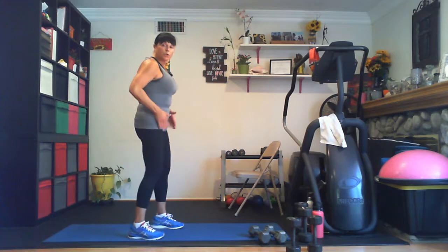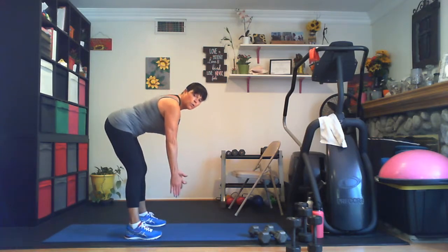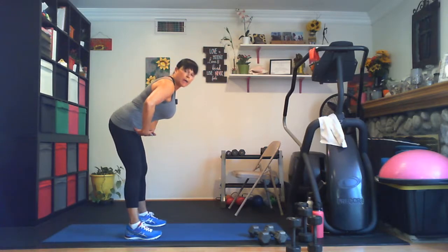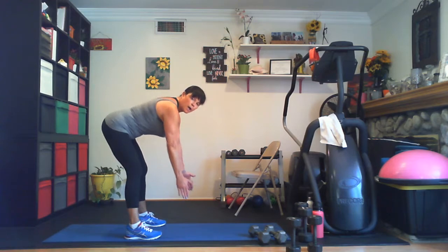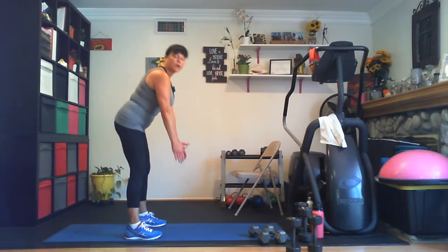I'd like to review the form with this. It is a deadlift, mid-back row. What you're going to do is get your feet a little wider than shoulder width. Weights are here. You're going to hinge forward from the hips, from the crease in your upper hip area. You're going to push your body back flat into a neutral spine. We're going to roll the weights up right here, squeeze the shoulder blades together, lower down, press through the heels and